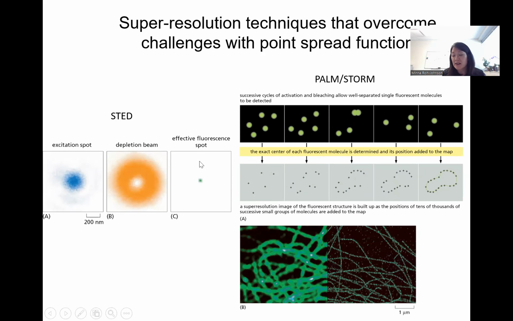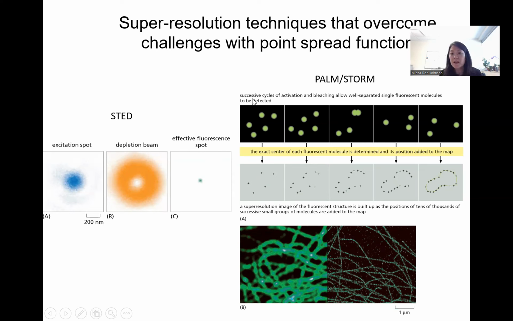Luckily for us, there are strategies in place called super resolution microscopy, which gets beyond the challenges brought up by the point spread function. I'm just going to talk about a couple of examples here. There are obviously more. One is called STED. The idea behind it is you have an excitation spot, but then you have this donut of depletion, such that whatever is left behind is right in the middle, and that's your effective fluorescence. So your point spread function essentially gets a lot narrower,